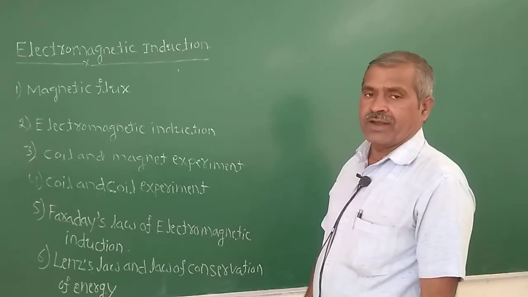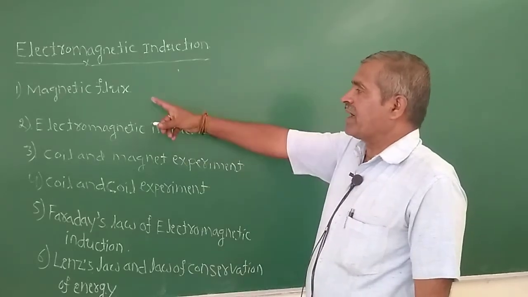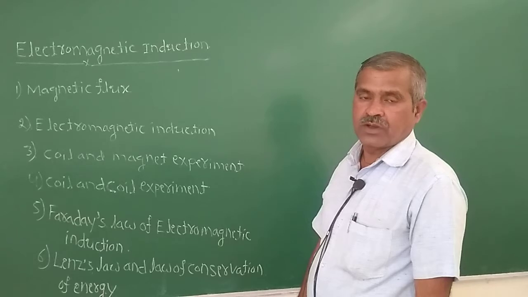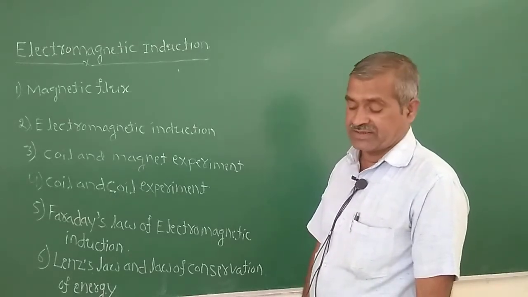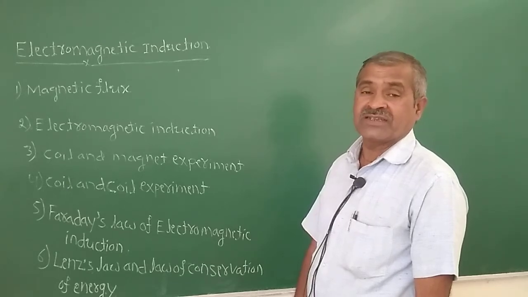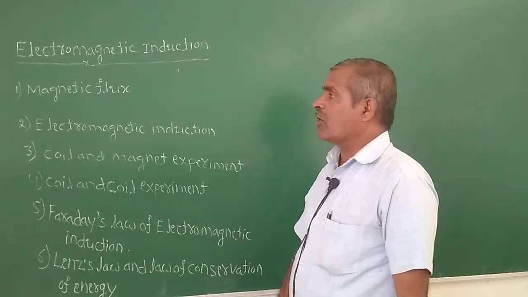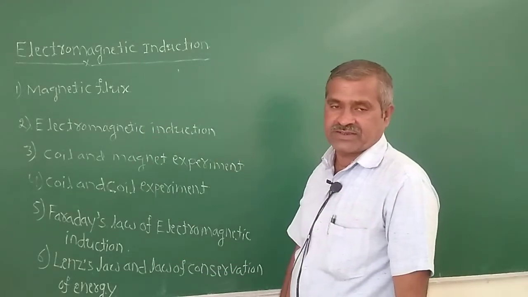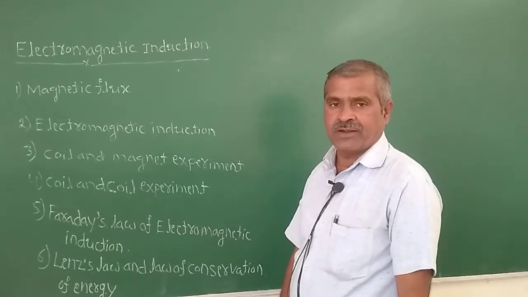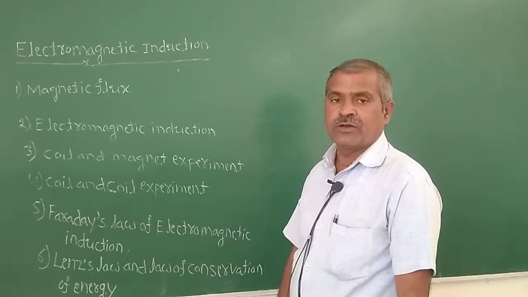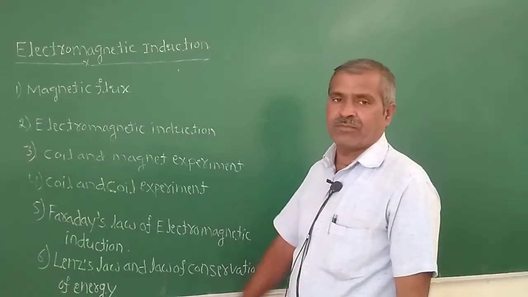Okay, you already know from the previous chapter magnetic flux: the number of magnetic field lines passing normally through a surface area is called the magnetic flux. Or in other words, the product of the magnetic field and that surface area is called the magnetic